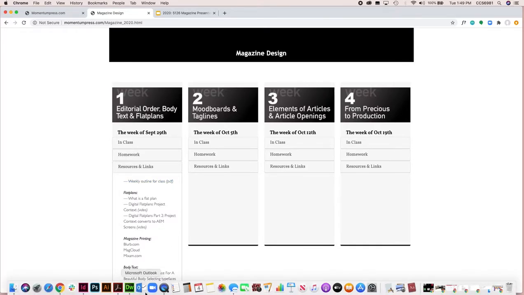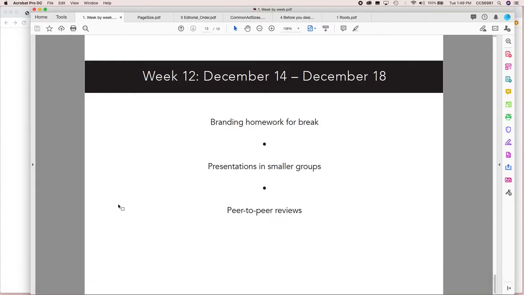And I'll also be talking about reviewing things that we did over the summer, including talking about editorial order, and general magazine page sizes, common ad sizes, and some things that you should be deciding and thinking about before we actually design starting next week. So I'll start on